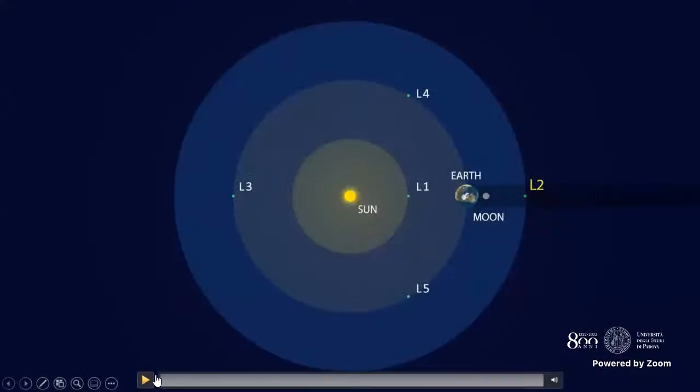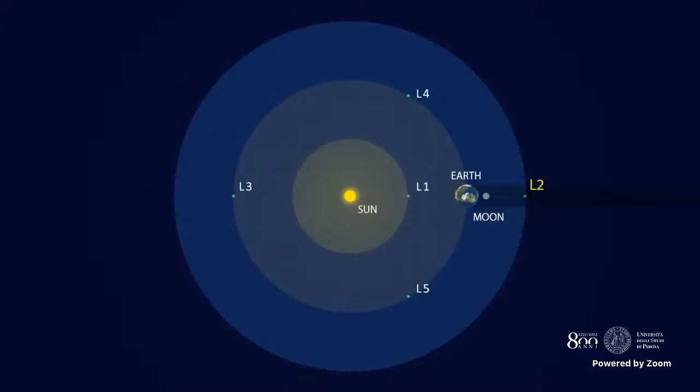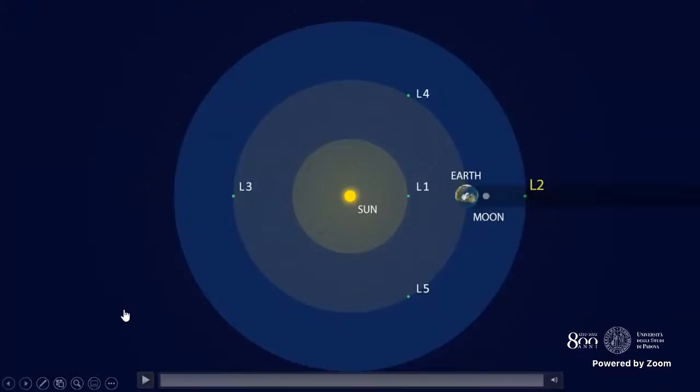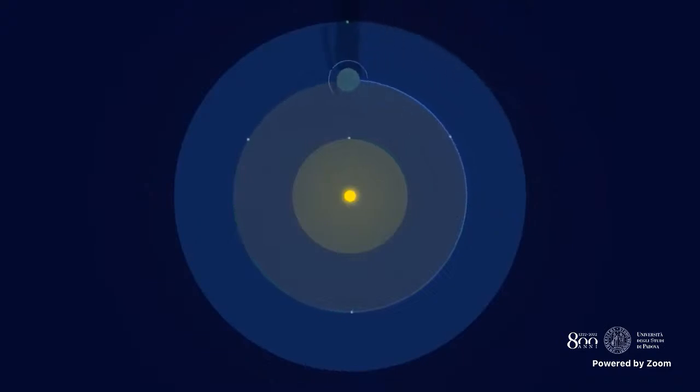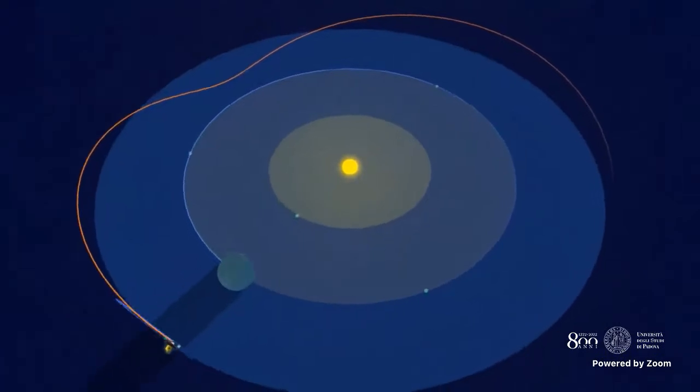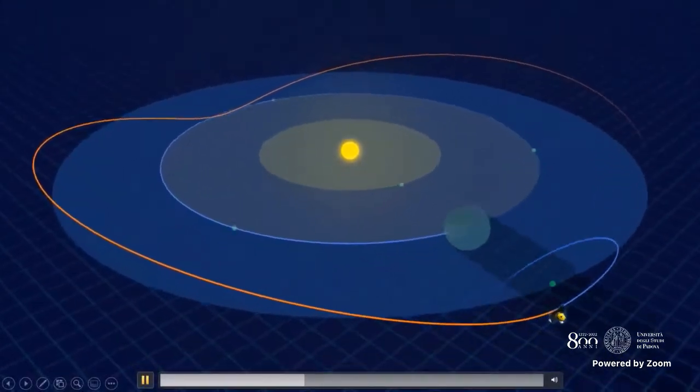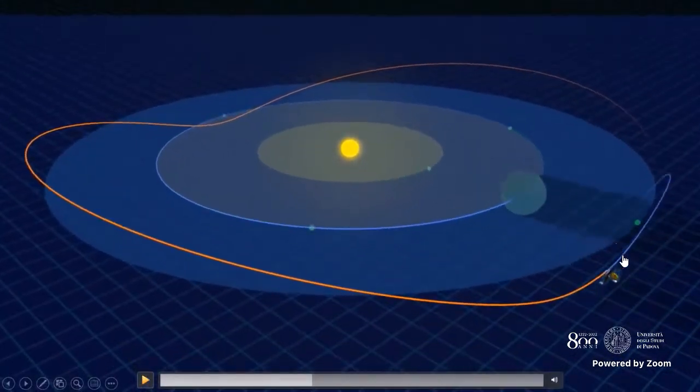Sun-Earth L2 point is where Webb's orbit around the Sun is synchronized with Earth's. At this point, 1 million miles from Earth, Webb is free from the thermal